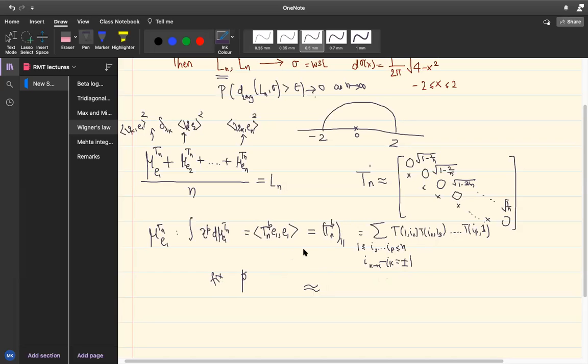If you fix P, let's say P is 10, then you are going to use only the top 10 entries, some 10 entries in this. So they are all going to look like 1 approximately. All these entries in the beginning, they are going to look like 1. So these weights are actually 1. T of I1 to I2, I2 to I3, up to I_P to I1. When P is fixed, then n goes to infinity, all those weights are 1. So it's just a question of number of walks